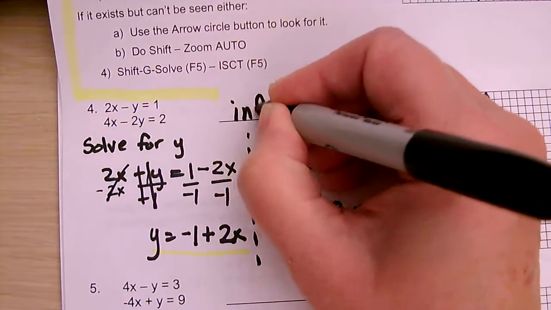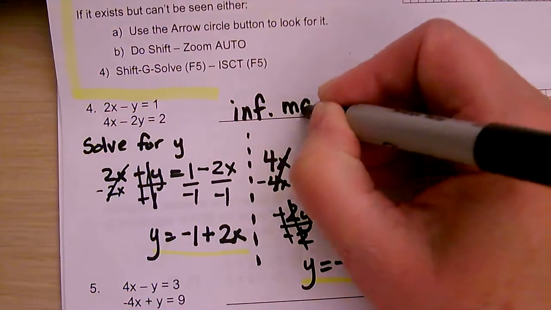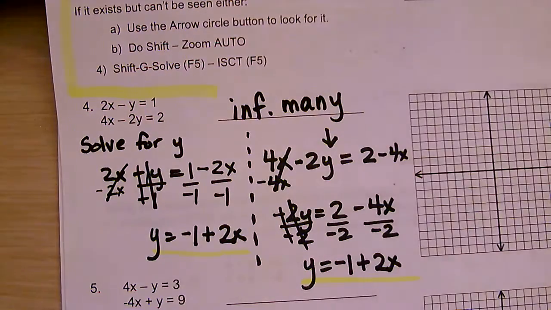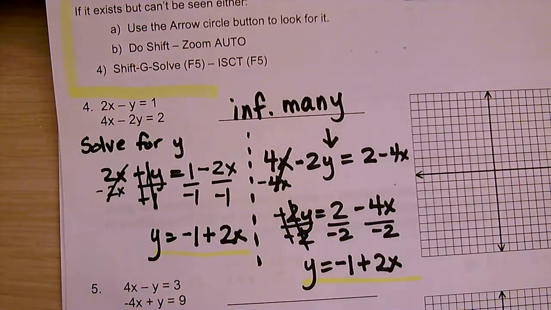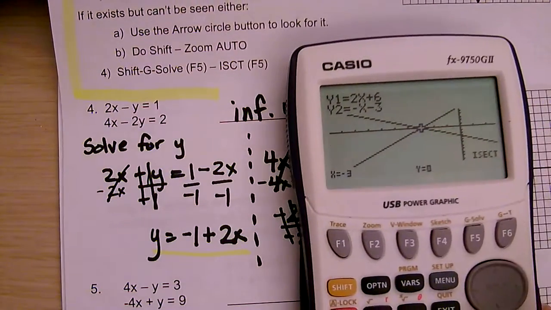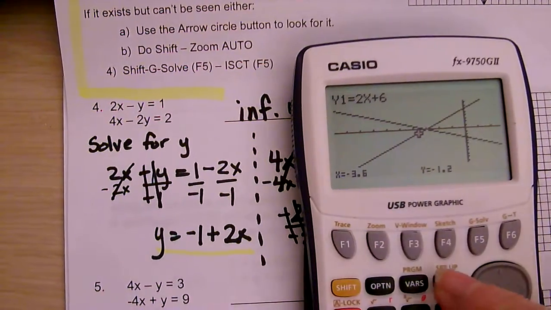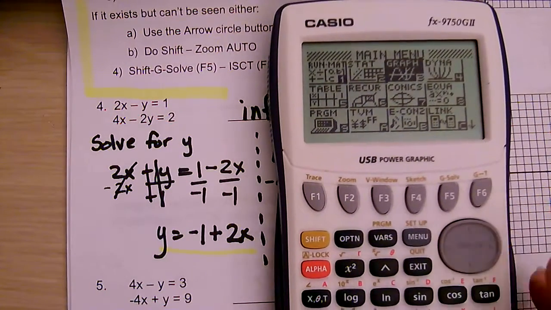I may abbreviate a little bit. Infinitely many. We're not going to list them. There's just too many to list. Now what you might want to do is graph it, if you certainly can. So I can go menu 3,